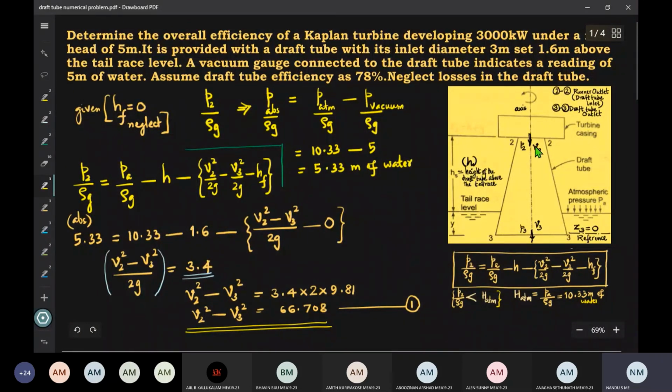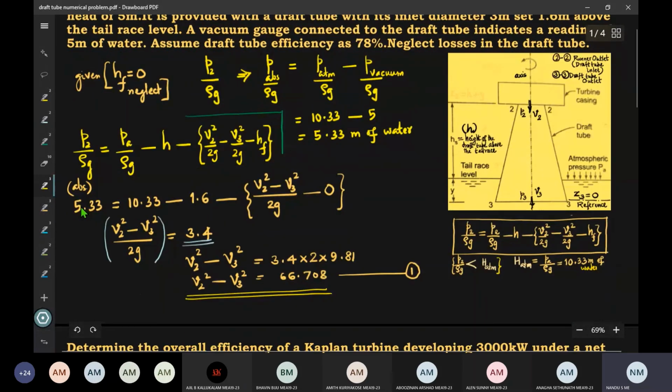Okay, so it's relatively simple, and I just demonstrated how to use the pressure head expression, the pressure head prevailing at the exit of the draft tube, which of course we know is a vacuum. Apart from PA by rho G, if you take all the other terms together, that represents H vacuum. Vacuum means P2 by rho G vacuum, that is -5. So if you don't want to include atmospheric pressure head in the picture, then you take minus of this group, that is equal to -5 meters, because vacuum head has to be negative. But otherwise, you convert the given vacuum head into absolute head, that is 5.33 meters, and then substitute over here. Okay. So with this, I wind up. Thank you so much.